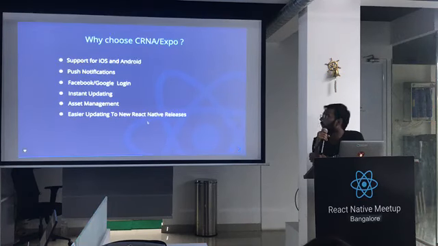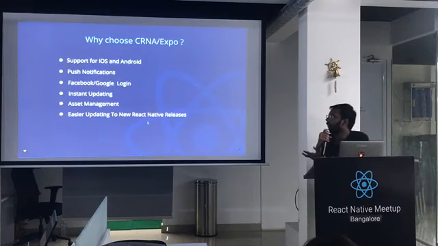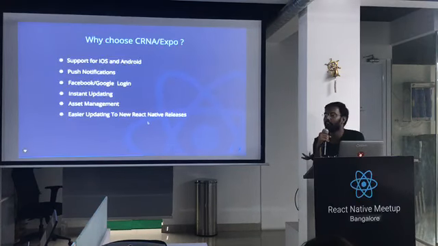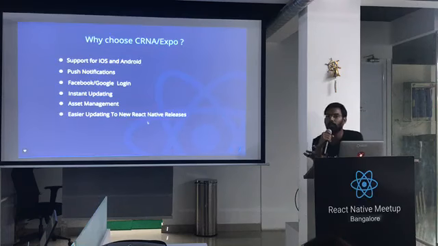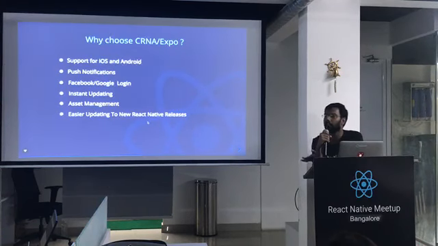And Facebook and Google login is just one line of code, whereas in React Native it takes much more, so it saves you about 2.5 hours of what you used to do. Then instant updating: you need not update the React Native component every time. When you are building a native component, you need to generate an APK and test on that. When you are building with Expo, you just need to scan the QR code. That is quite awesome, and we like it. And asset managers are really awesome. You just need to get the URL fresh from the system, and with just 2-3 lines of code you will get the asset. It is very easy. That was a pain in React Native or native.